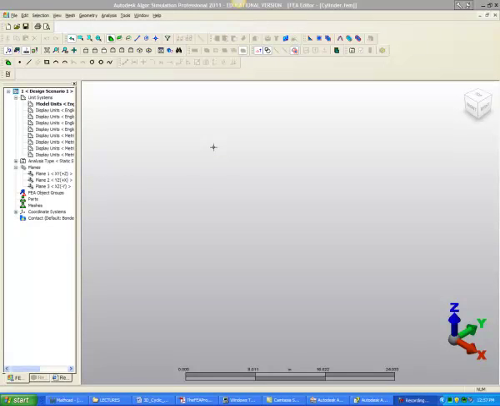Okay, I'm working in a slightly older version of Autodesk Simulation. This will be version 2011, which looks considerably different from 2012, which you guys will probably be using. But what I wanted to do was show you in general how to set up a quick